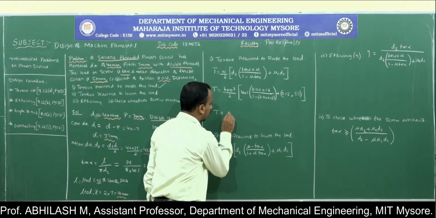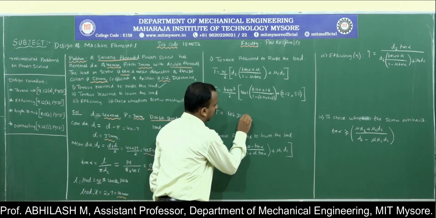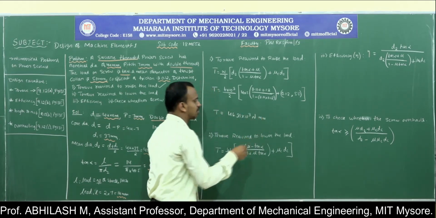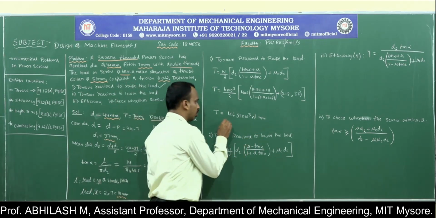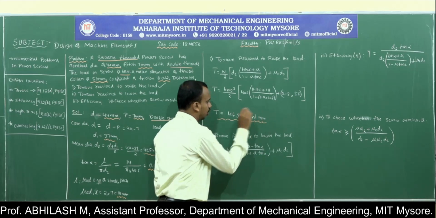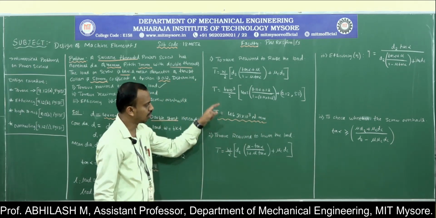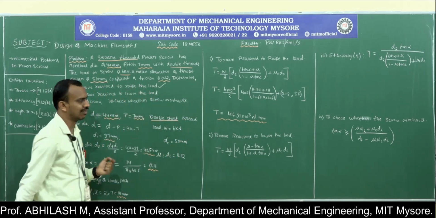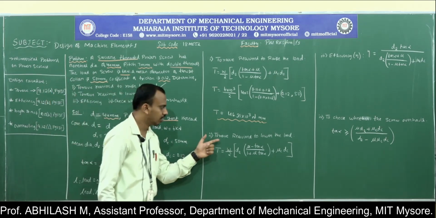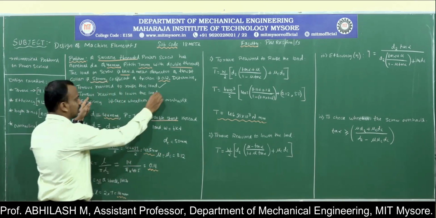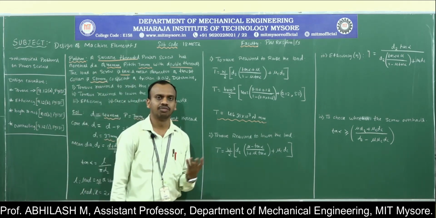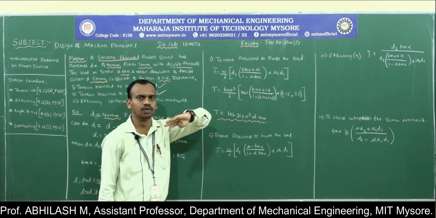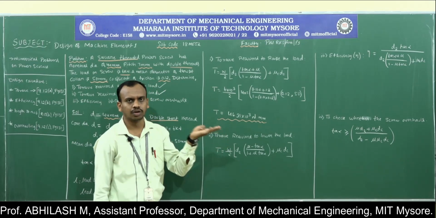After doing the calculation, we are going to obtain the value of 46.31 into 10 to the power of 3 Newton millimeter. We are keeping all the values in terms of newtons and millimeters, so the torque that we obtain will also be in Newton millimeter. So this is the amount of torque that is required in order to raise this particular load. This is the first parameter that they have asked in the problem. Coming to the second, they have asked us to calculate the torque that is required in order to lower the load. We have derived a derivation where we have considered the two conditions, the torque required in order to raise the load in the power screw or in order to lower the load.